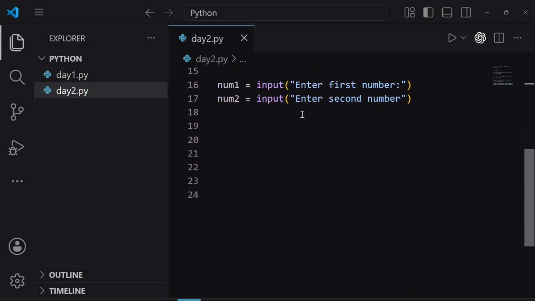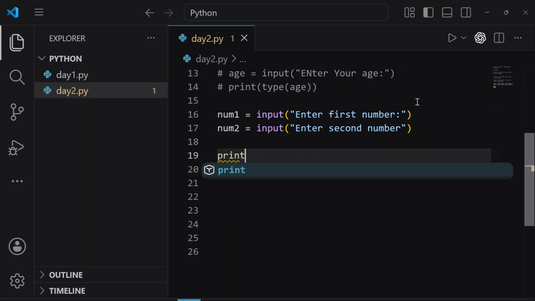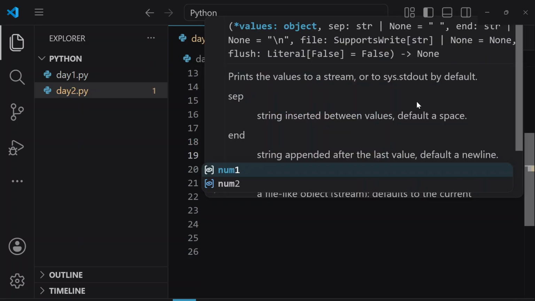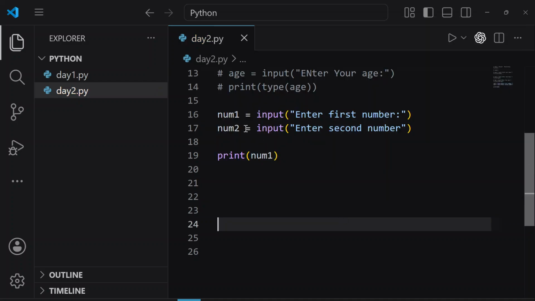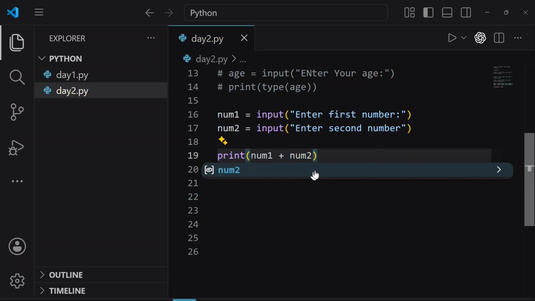Okay, so here we just talked about that input, it stores the value as a string. It does not store the value as a number. So if I want to calculate the sum of two numbers, how am I going to tell Python that I am actually typing a number, I am not typing a string? So for example, let's write print variable 1, this is our variable 1, and let's write